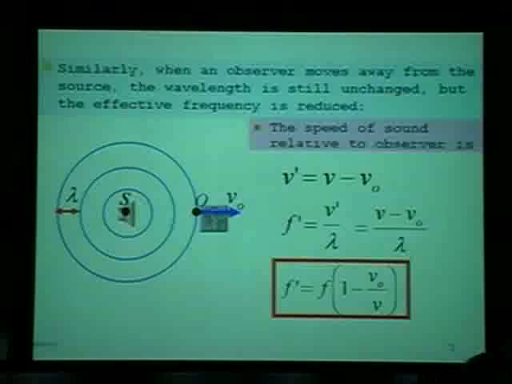But if I'm moving at 60 miles per hour this way, let's say 34 meters per second, then that fraction will be 1/10. And so we'll have 1 minus 1/10, making this 0.9. So effectively, I'll be reducing the frequency that I hear by 10%. And so if it's putting out 400 hertz, I now hear approximately 360 hertz,